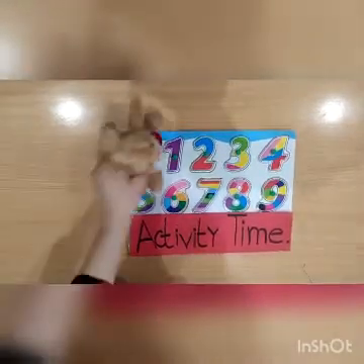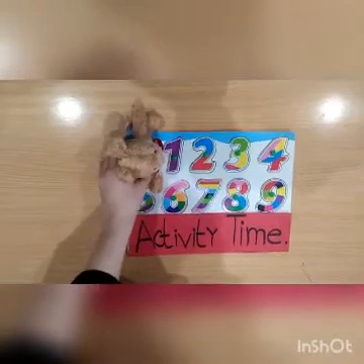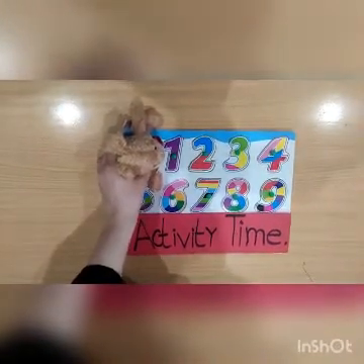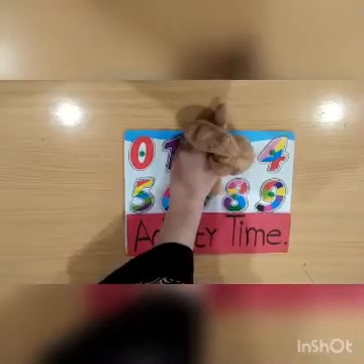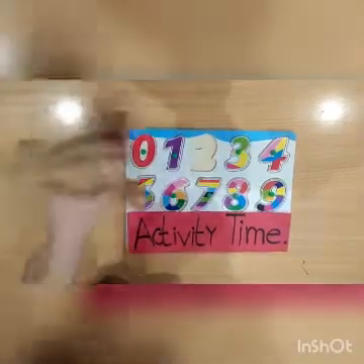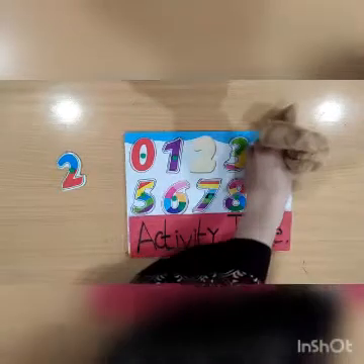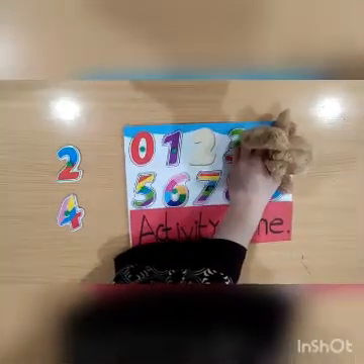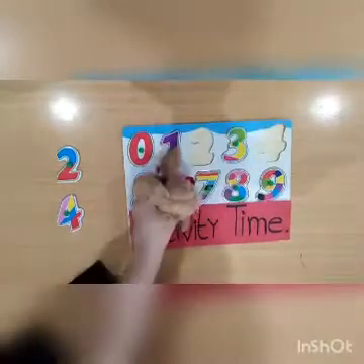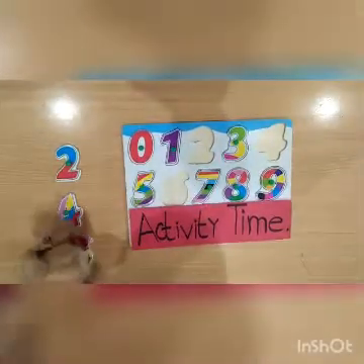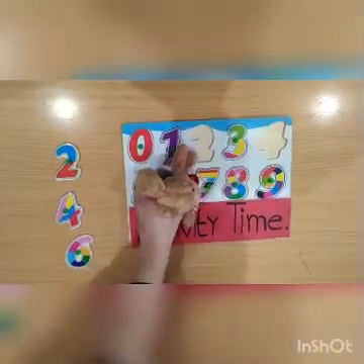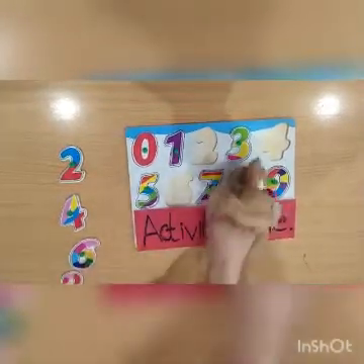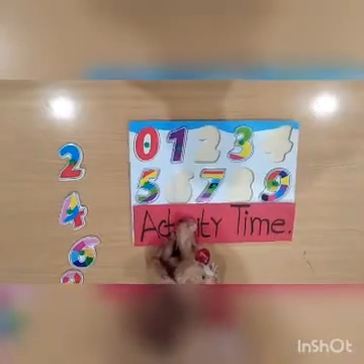The rabbit is on 0. Let's see where he has jumped. He has jumped to card 2 and picked that digit. Then he jumped to card 4 and picked that digit. At that time he jumped on card 6 and picked that digit. Then he jumped to card 8 and picked that digit. So, we finish our first round.